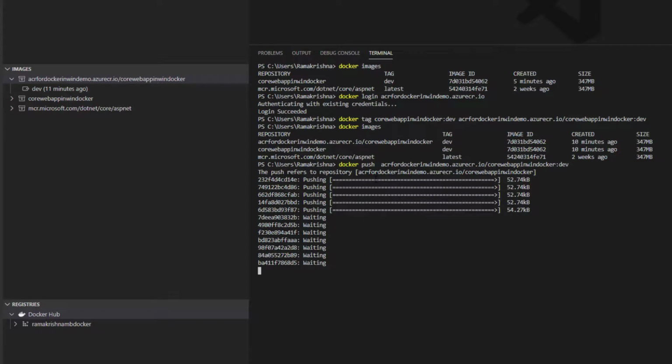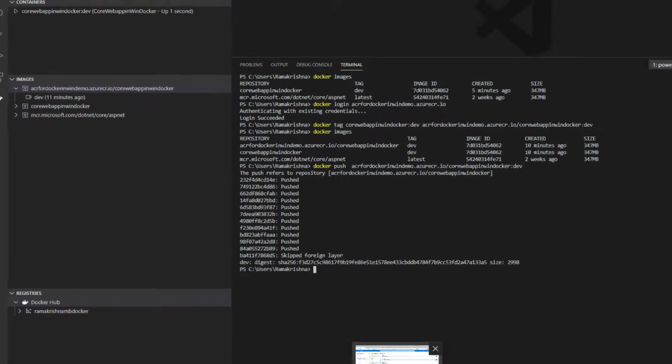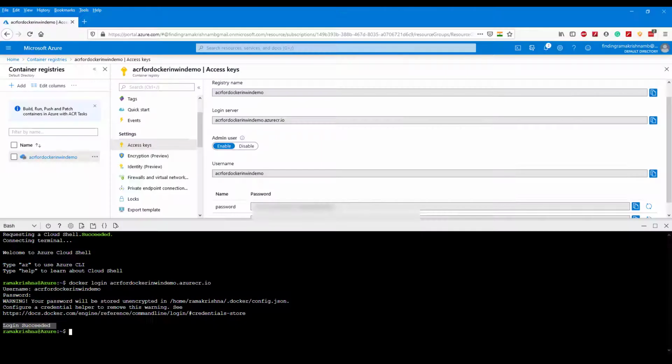So it has access to Azure Container Registry and is pushing our image to the container registry. Yes, image successfully uploaded to Docker container.